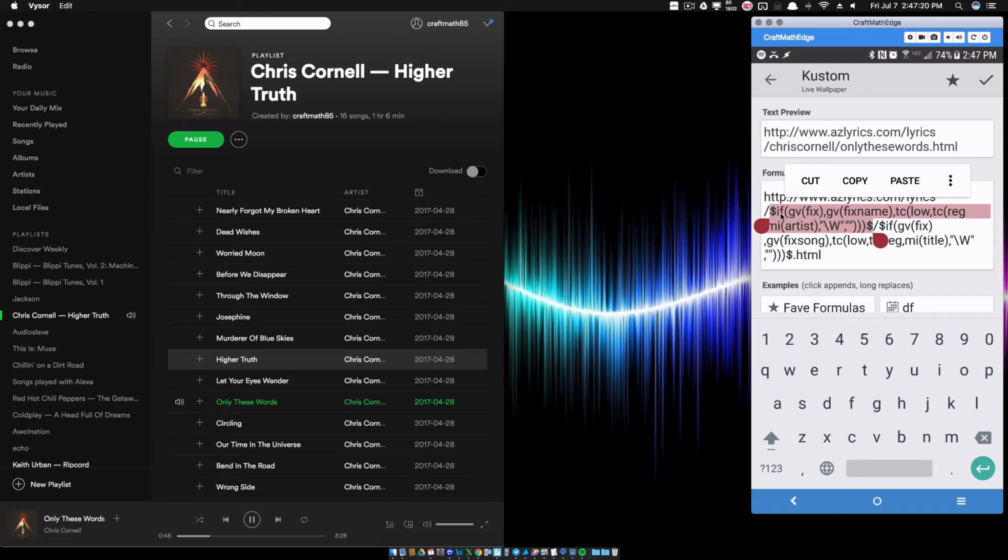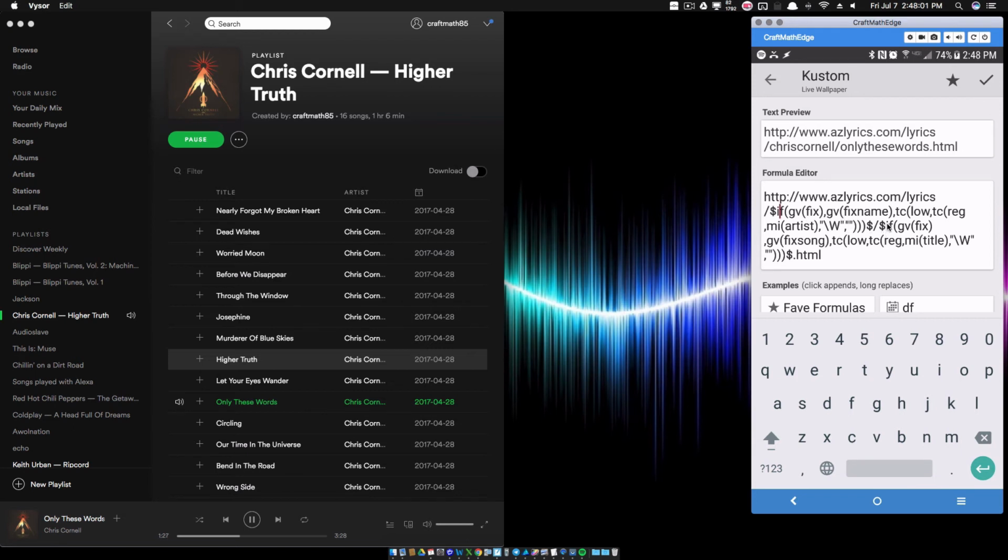I have an if-then statement. So if my GVFix button is on, that means if our fix button's on, then we want to fix our name. So I want to use that GVFix name. That's that text global variable where we fix the artist name just in case your artist name is incorrect. Well, what if the GVFix is not on? Then I want to use the same thing I did in the tutorial back in February on the music lyrics, where we just do the regex on the music artist, and I think we remove some spaces and all that stuff. Well, that's exactly what you want to do right here. That's the same part, but this is the new part for the URL.